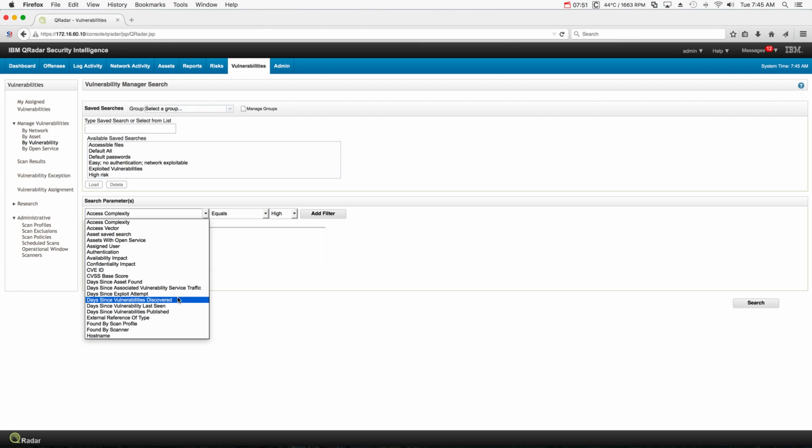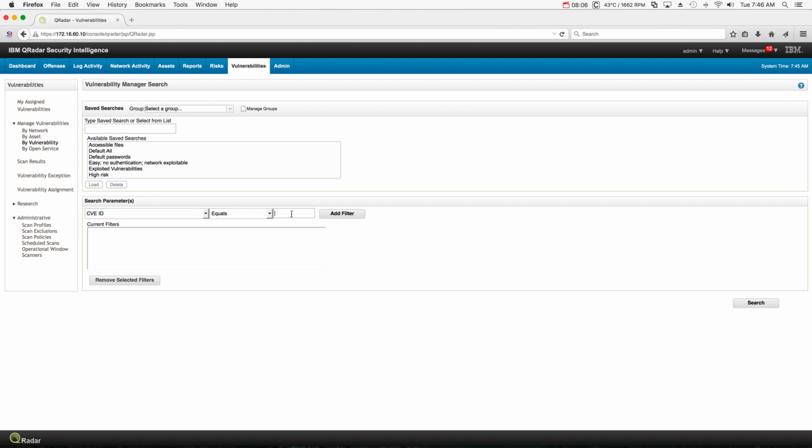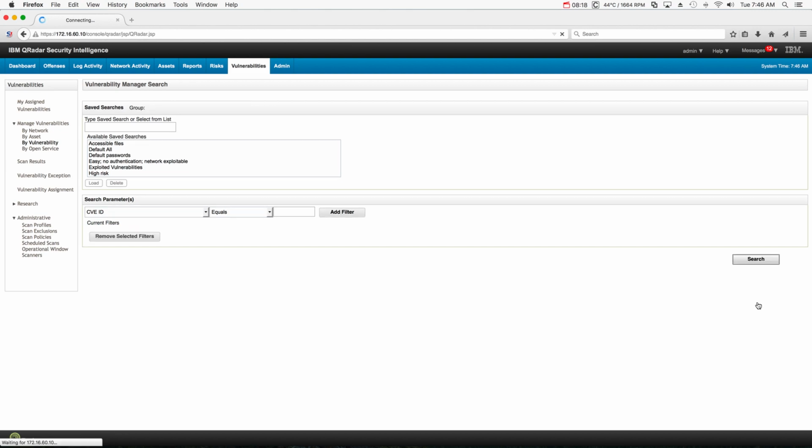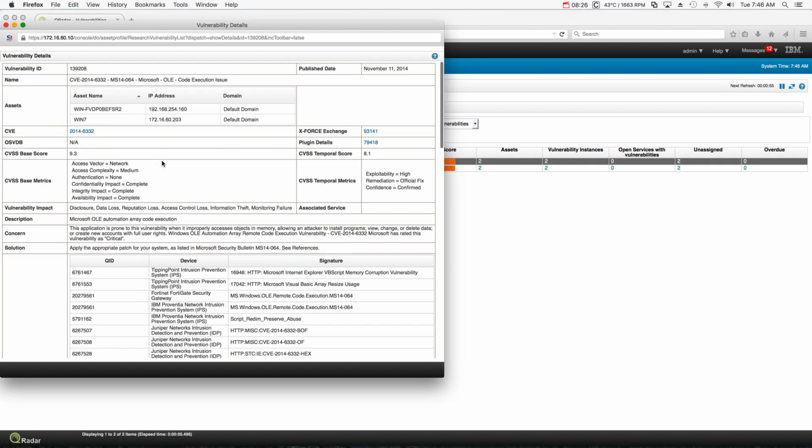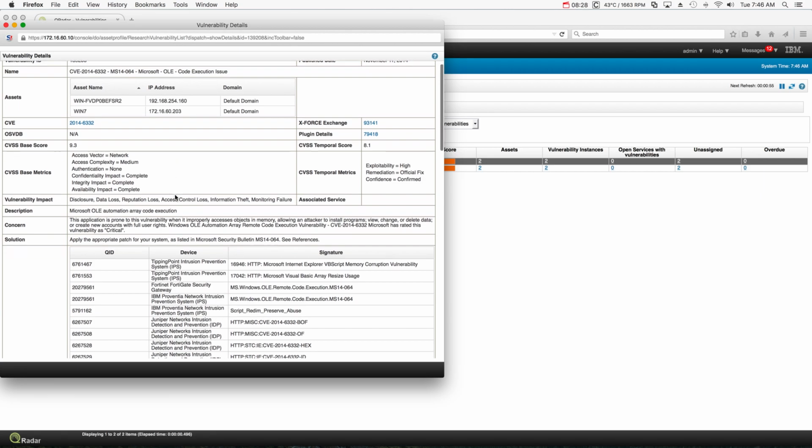So they noticed that this could be exploited and developed a patch. Those who have the XGS appliances and applied the patch were protected from it by the time it was actually announced. And that vulnerability is CVE-2014-6332. So we apply that filter, and yep, it surely found that. And this is the Microsoft OLE remote code execution,